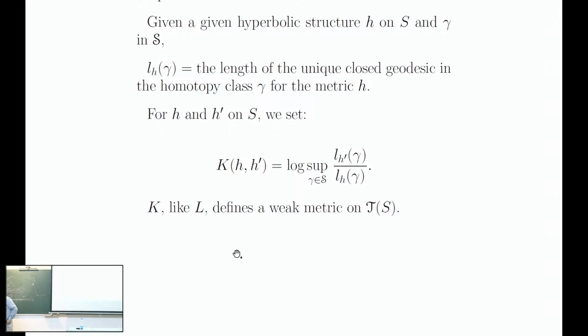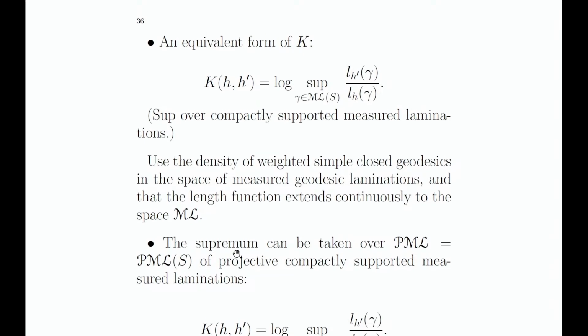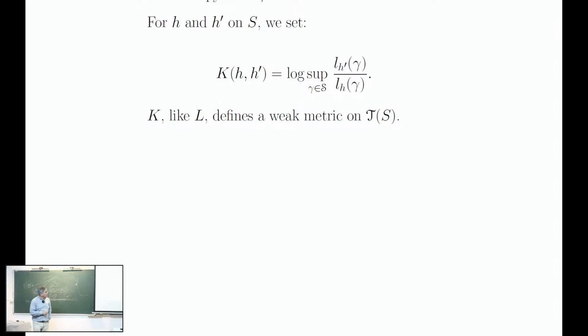I didn't write it here, but K is equal to L. There's a theorem, in fact, by Thurston, which he proves in this paper, saying that this function K coincides with the Thurston distance L. I said just part of this thing, that it defines a metric, but also K is equal to L. This is the second form of the Thurston metric. So you see here I'm taking the supremum over all